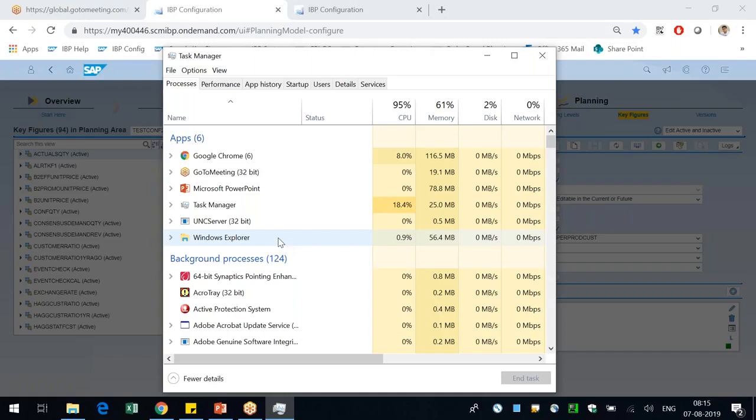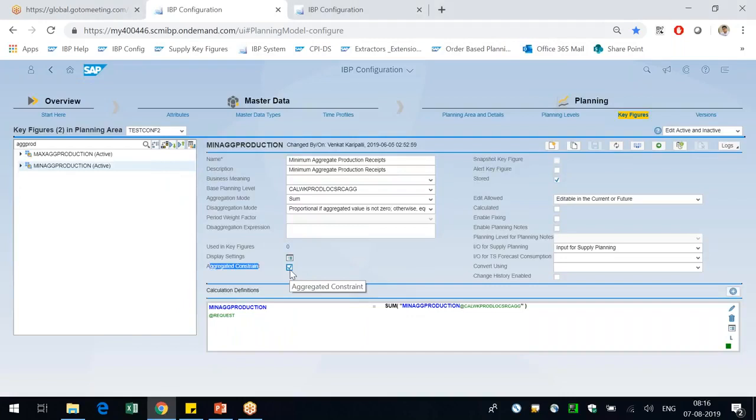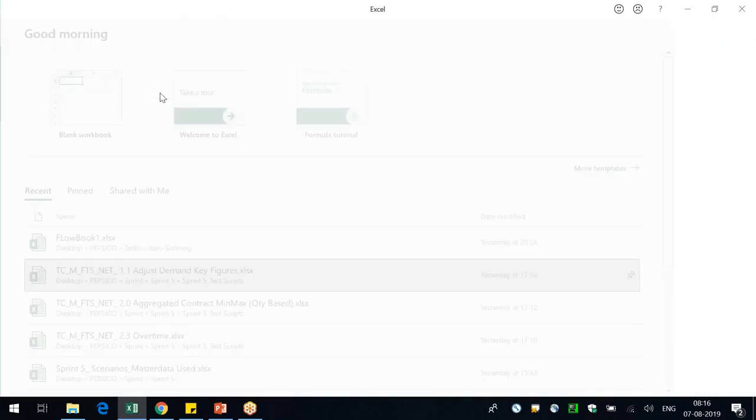Okay, Amal, can you see my screen? Yeah, Venkat, I can. So here, this minimum production and then aggregated constraint, there is this checkbox. The checkbox is turned on, so that means um, it's